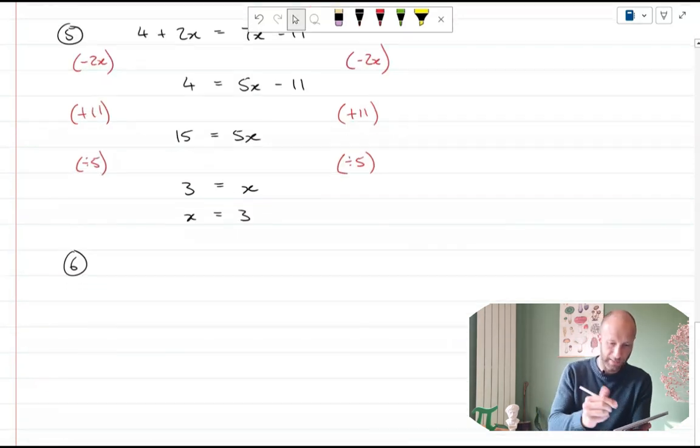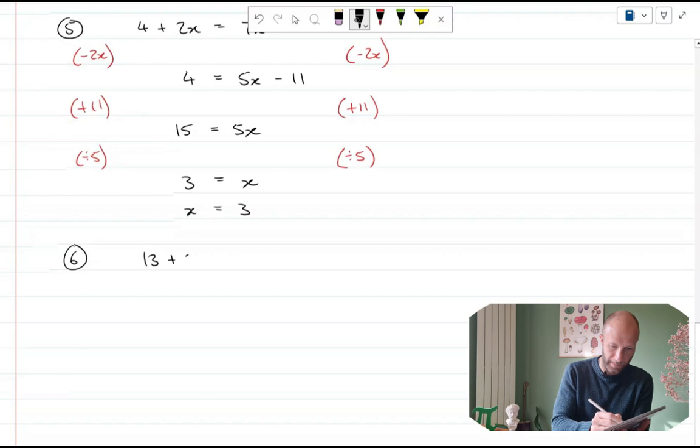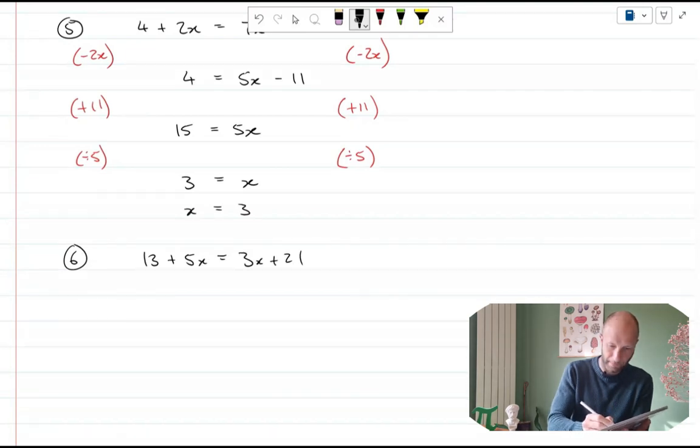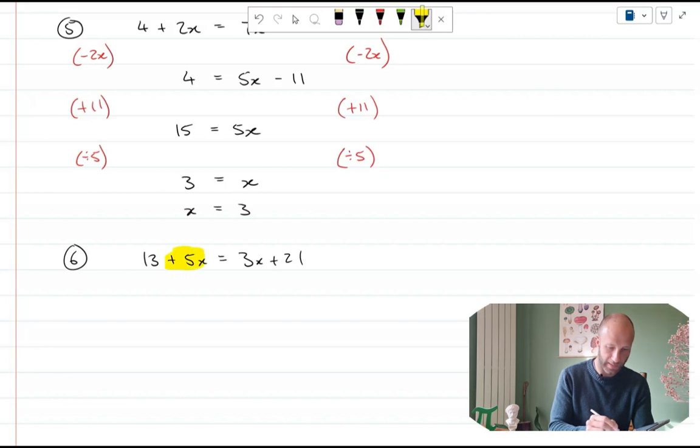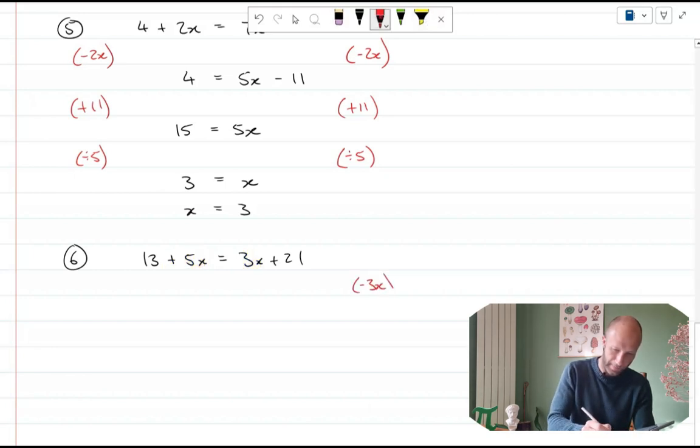So number 6 is 13 plus 5x equals 3x plus 21. So again, when I'm looking at this, I want to get all the x's on one side of the equation. At the moment, I have a positive 5x term and a positive 3x. So to get everything on one side, I'm going to pick the smaller of those, which is the 3x. And if I subtract 3x from both sides,